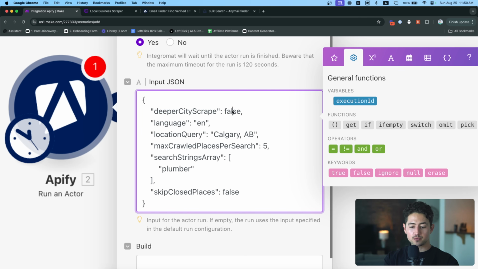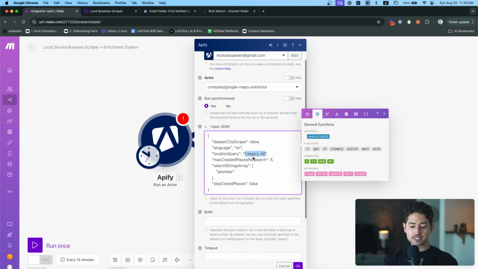So deeper city scrape, if you remember, I turned this parameter to off. So in JSON parlance, that is false. Language, here's a location query. Here's where I type in Calgary, Alberta. The really cool part about this now that we have this in a scenario is that if you had some other module behind it, like a Google Sheets module, you could actually use that as the input for this flow. And if your Google Sheet is a bunch of cities like Calgary,